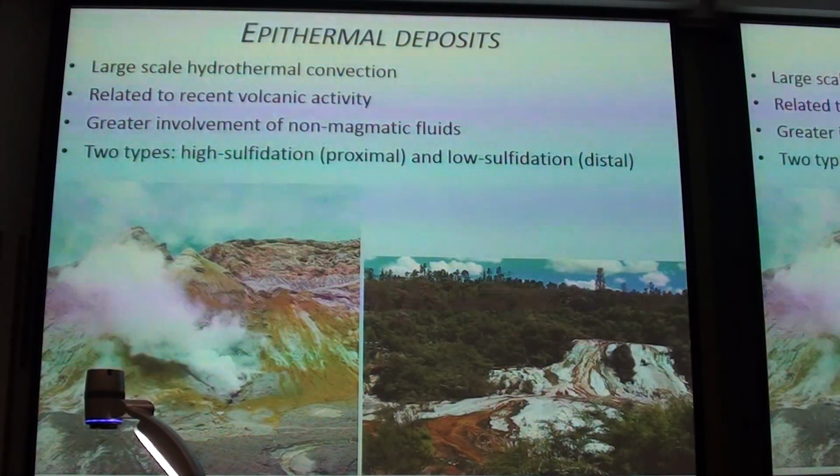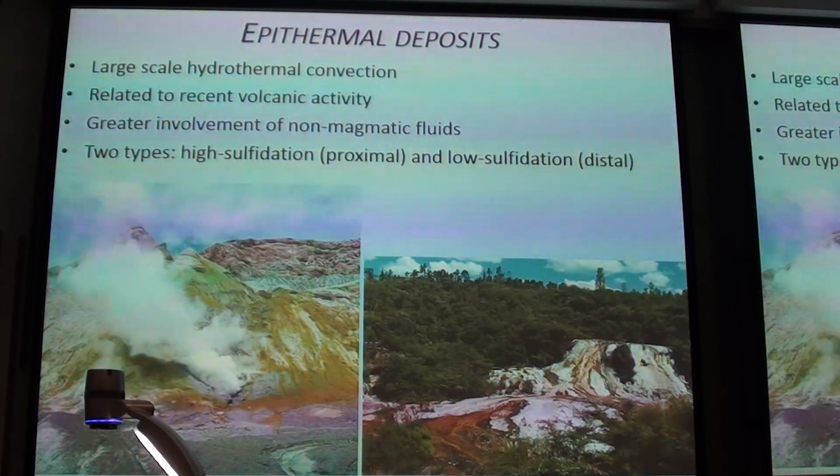On to the last deposit type for today, epithermal. And you know what these are? This is White Island, and that's another geothermal system. Taupo, Rotorua, Hauraki, Korako. Anyway,